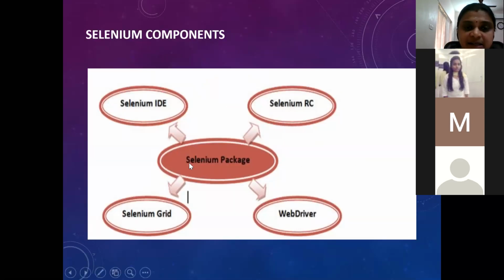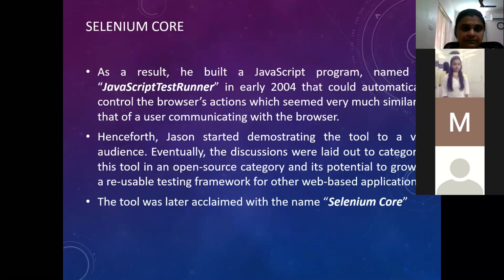Now, these are the Selenium components. We have to understand what is what before we start using it to write automated frameworks. If you install a Selenium package, we are going to install a standalone Selenium package, wherein you will have all the components that come with it. It's packaged with 4 different components. We have Selenium Core.